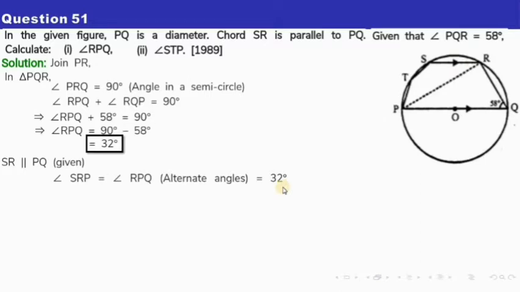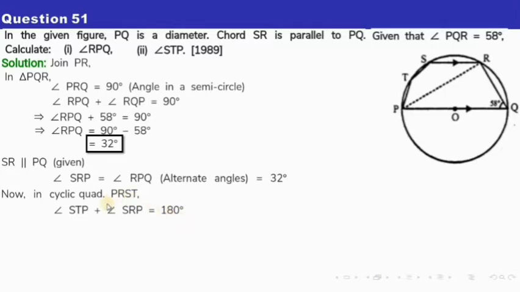Now what kind of quadrilateral is this? This is a cyclic quadrilateral because S, T, P and R all are lying on the circumference. So we need to calculate this angle, right? Now the opposite of this angle is this angle, isn't it? Now the sum of this angle and this angle will be how much? It will be 180 degrees since it is a cyclic quadrilateral. So that's why it is written 180 degree.